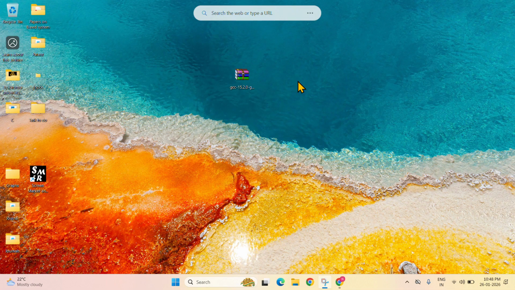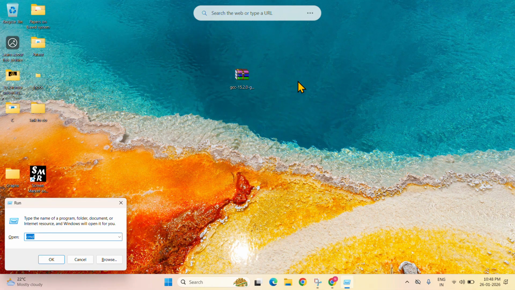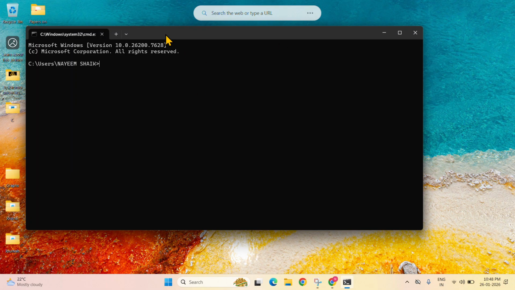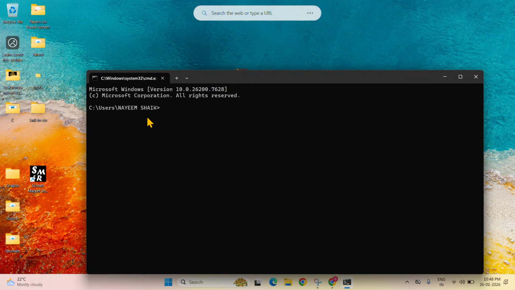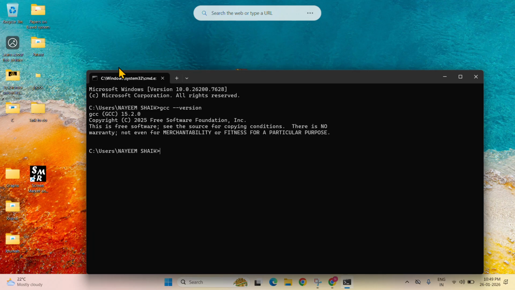So I'll be using the shortcut Windows R. I will type CMD there. Okay, then a command prompt is going to open in this way. My user is Naim Sheikh. So I will try gcc hyphen hyphen version. When I press enter,